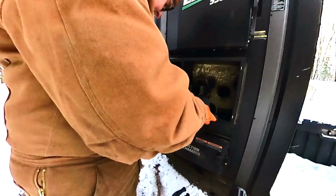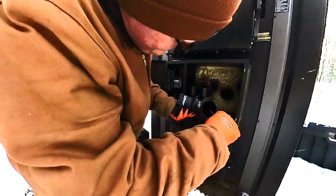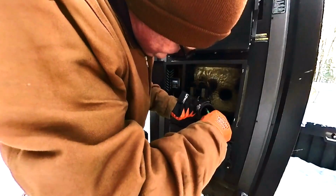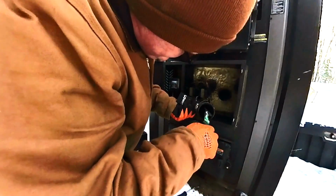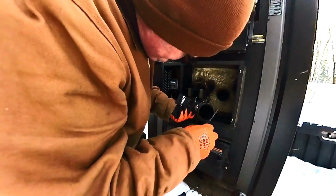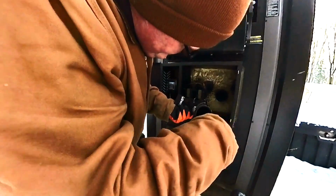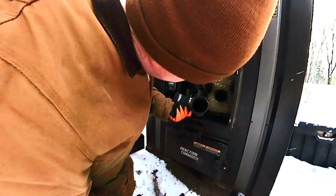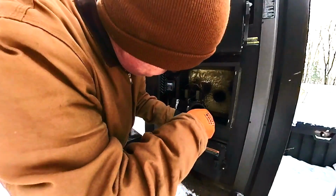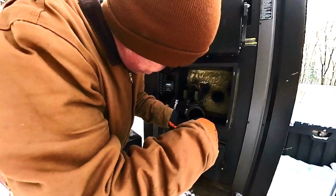Yeah, so I'm going to take another tool I use. It's a paint scraper. It's from a big green box store. But this is kind of a good size to get in here and really get a good scrape on this. And try not to poke a hole in the rubber tube there. And again, I'm not going to be perfect on this one. It's cold. But yeah, so there's still a good amount in there. I'm going to try to get this out of here as best I can. Again, ain't going to be able to get perfect, but at least get this opened up